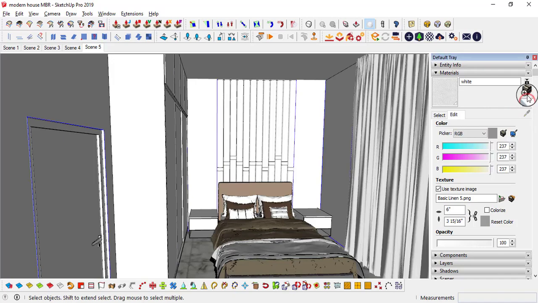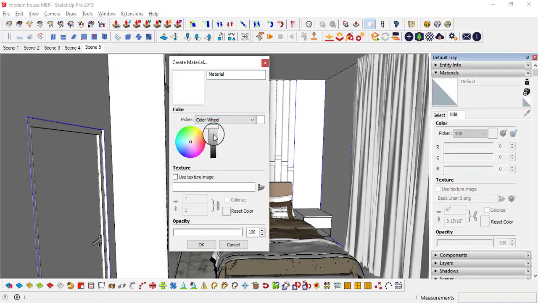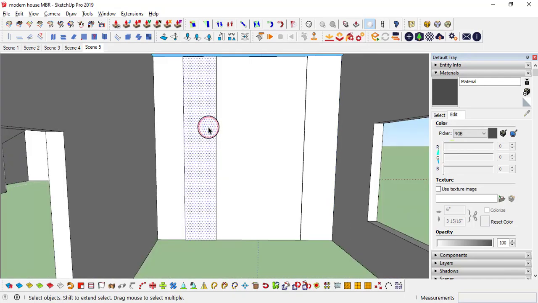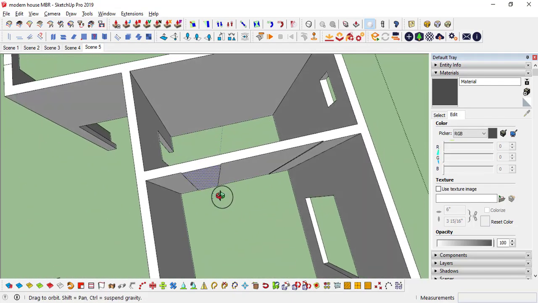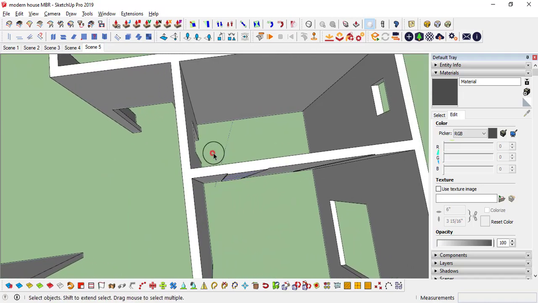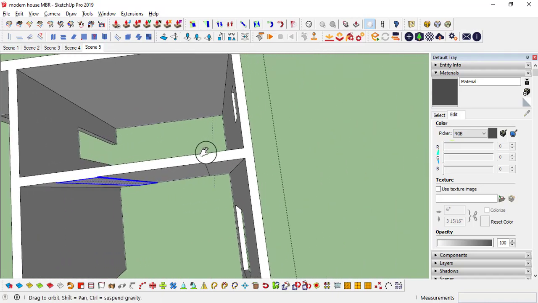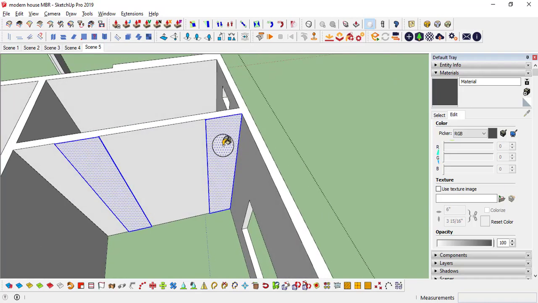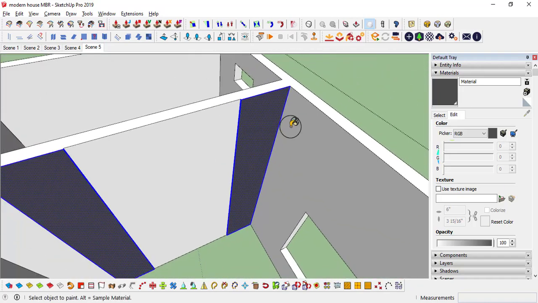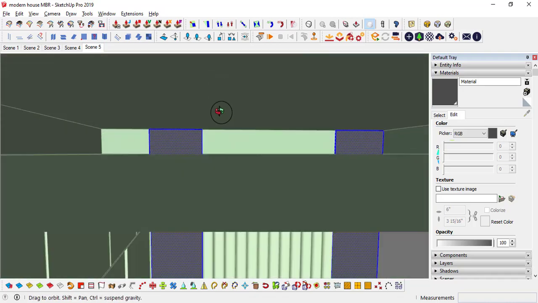So I will select a new color. I will use a blackish with ceramic, or directly if you can give ceramic kind of properties, it's going to be a shiny metallic, shiny property. But we will adjust that later, so I will simply click OK, and I will apply onto these faces. Actually I want to apply it to 3 faces, so I will select like this. Okay, and apply. On the sides also we will get that, and I will use offset.